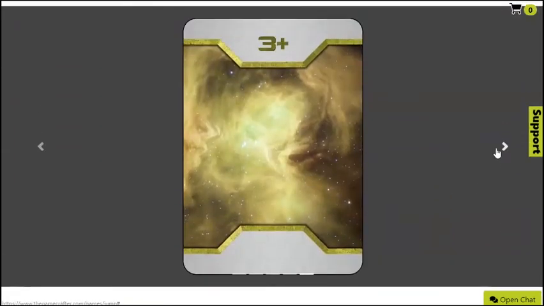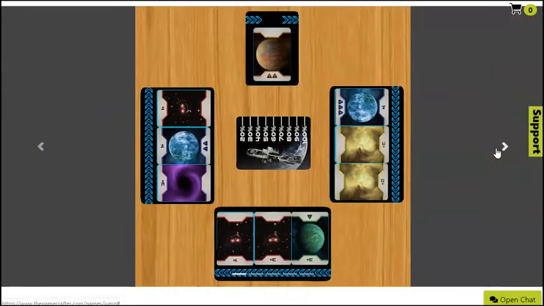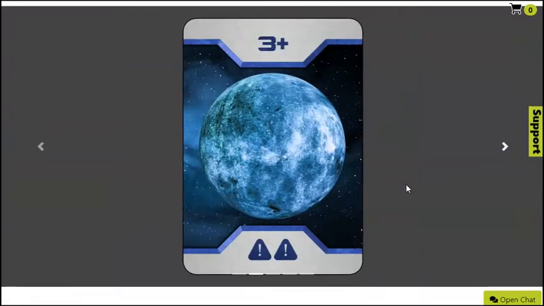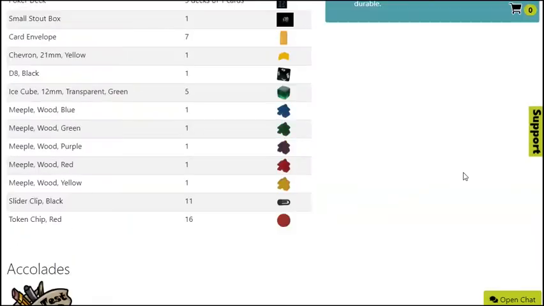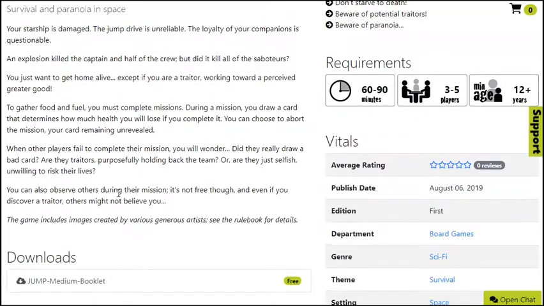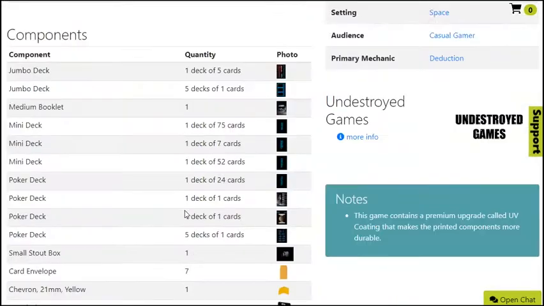Now your action shots are, I would say this shot is what I want to see as an action shot, and the just big images of the cards I think would be better presented as embedded images up here. Maybe you could make one embedded image with all three of the cards or something like that. But